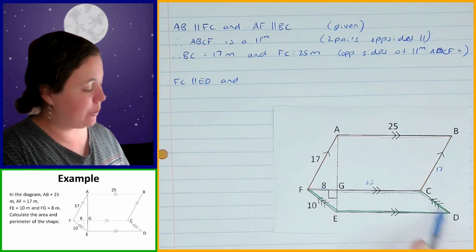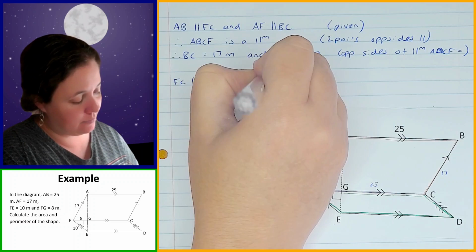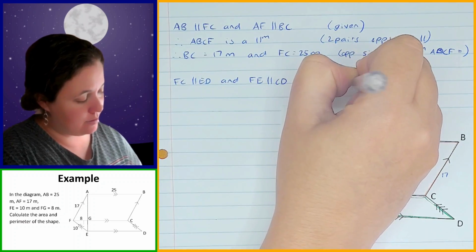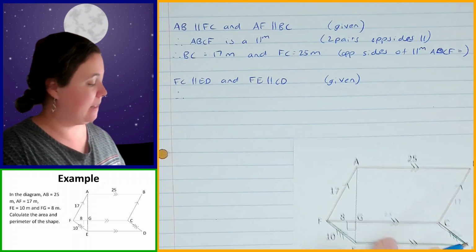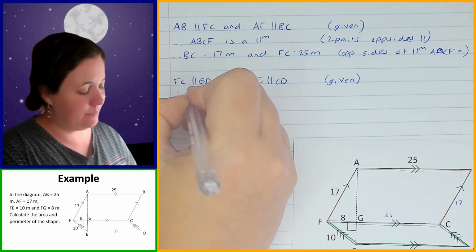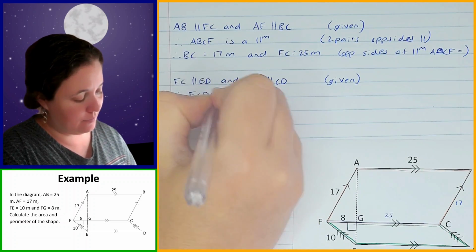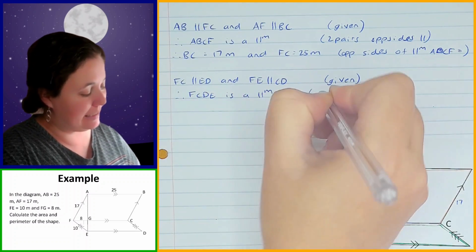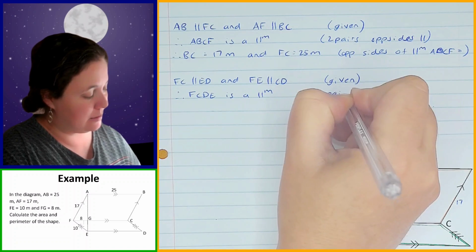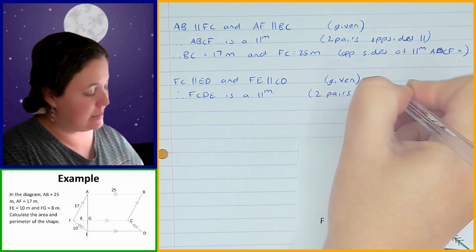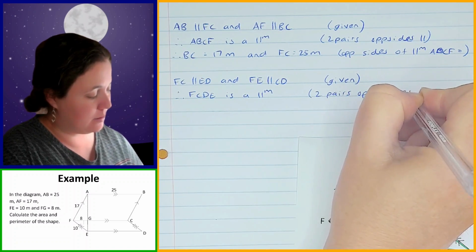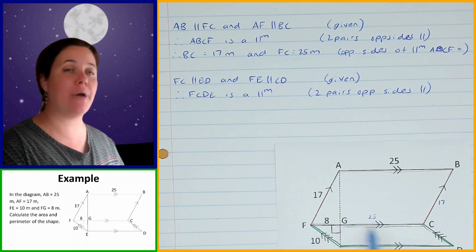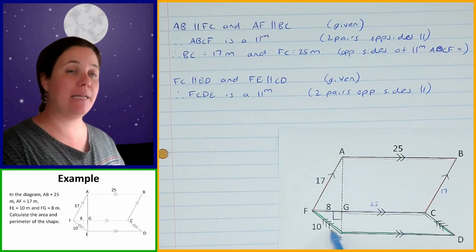And FE is parallel to CD. That's given. So therefore, FCDE is a parallelogram, and my reason again is two pairs of opposite sides parallel. Okay, so now I know that this is also a parallelogram, and that means that I can say that